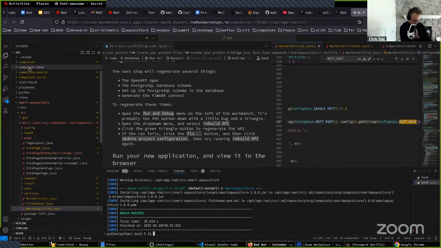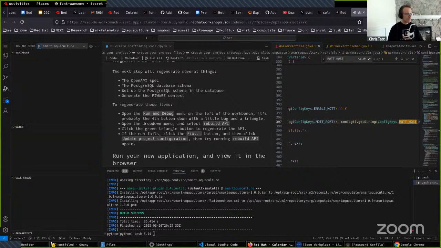Rebuild API text. And it says select rebuild API. So I come to run and debug, and it actually says rebuild Smart Aquaculture API. So we run this, and hopefully